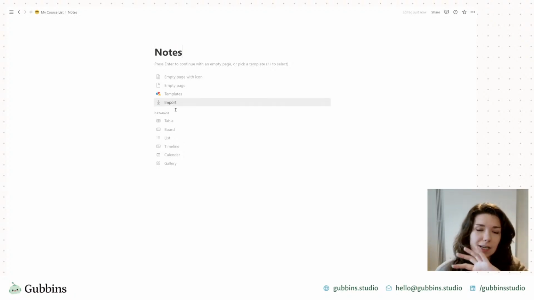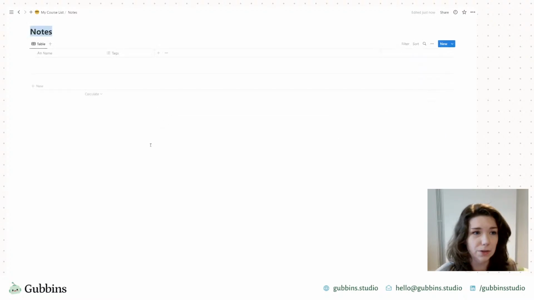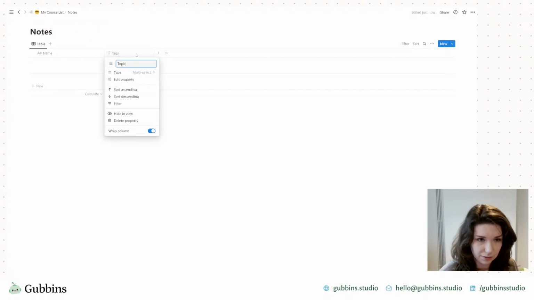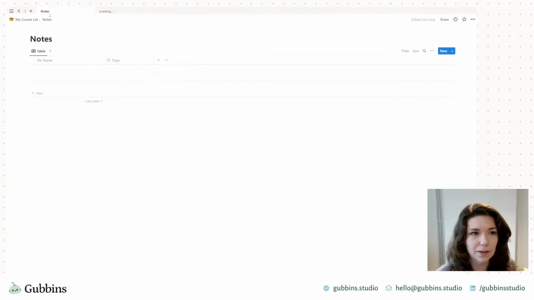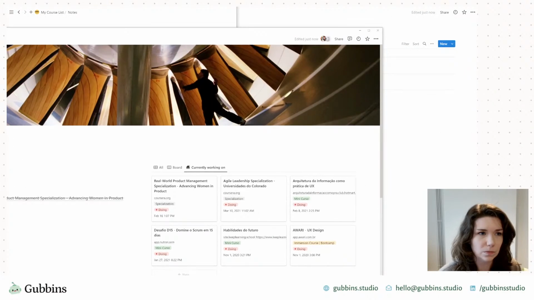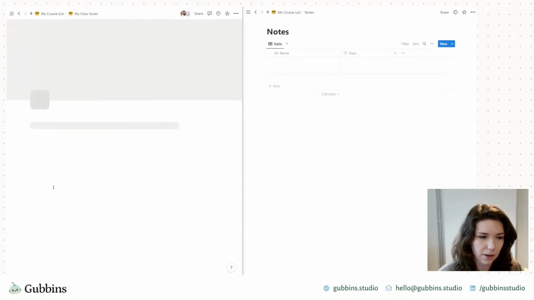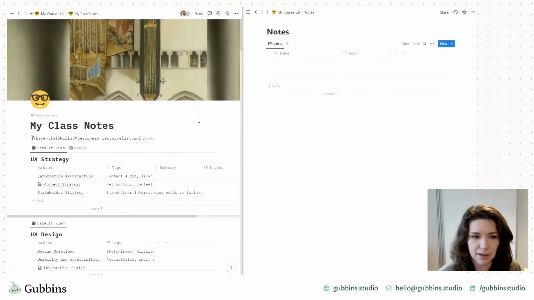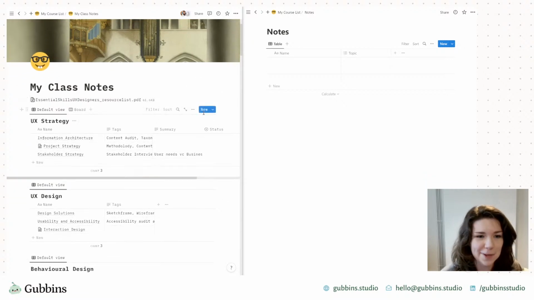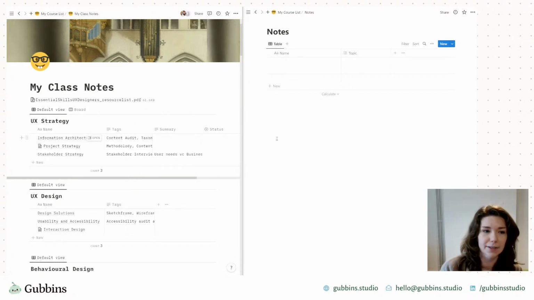So instead of having it broken down into each subject, what you can do is have it as its own database of notes and just collate everything in here. Let's see if I can put these side by side for reference. And I won't do all of this on camera just because it will take ages. I might just come back in here in my own time and move things around, but this is just so I can show you how I would start thinking about this.